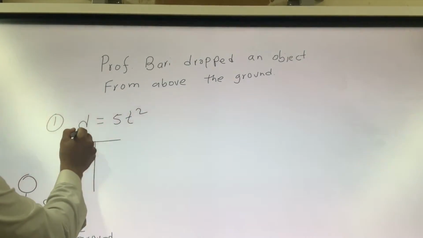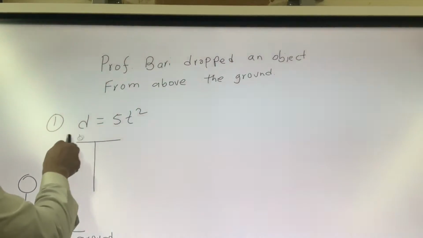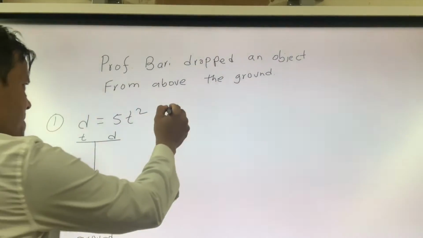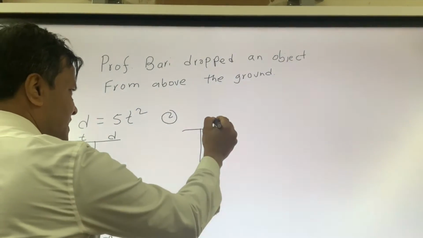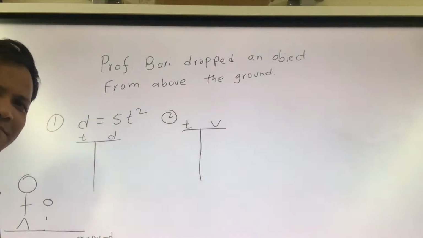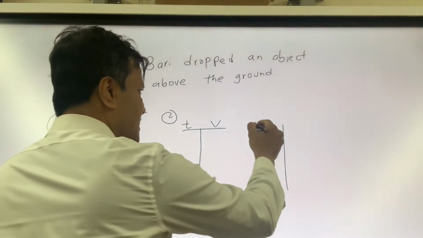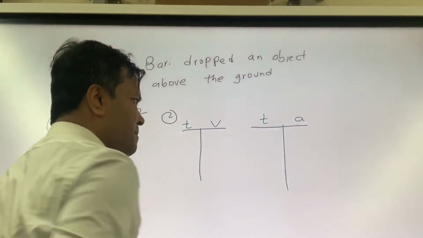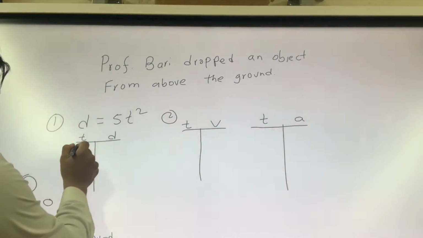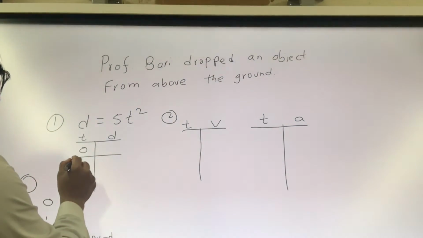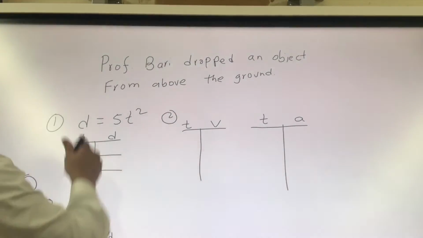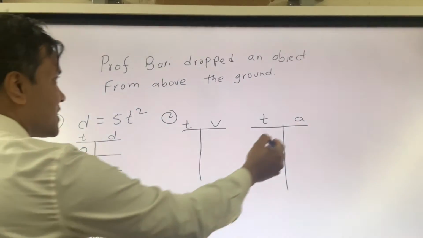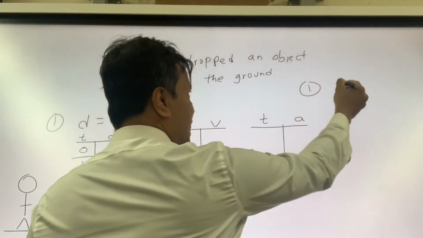First you're going to find the distance with respect to the time. The second equation, you're going to find the velocity with respect to the time. Then you're going to find the acceleration with respect to the time. You're probably going to want to see what happened at 0 seconds, at 1 second, at 2 seconds, and so on,